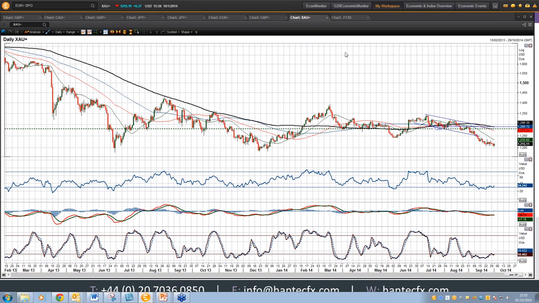Okay, gold. A lot of you look at gold. Again, it's just dollar strength. It's incredible, just pulling gold lower across the board. It just looks negative. There's been a slight pick-up in the RSI in recent days, and that's happened as we've had this consolidation. But this consolidation is still